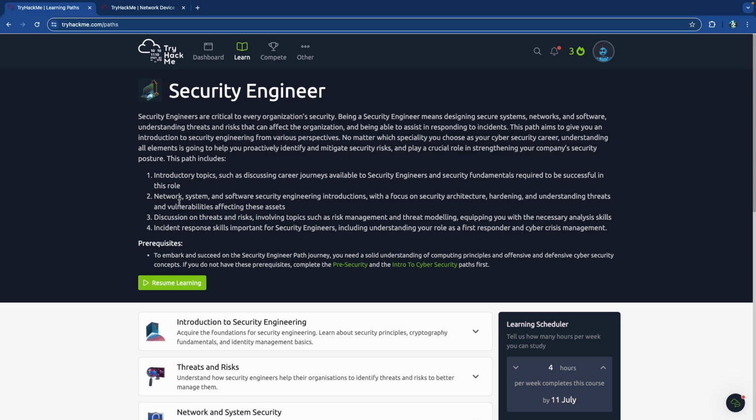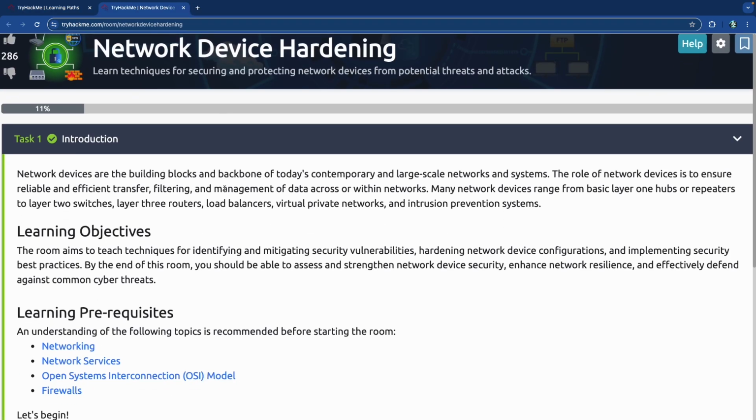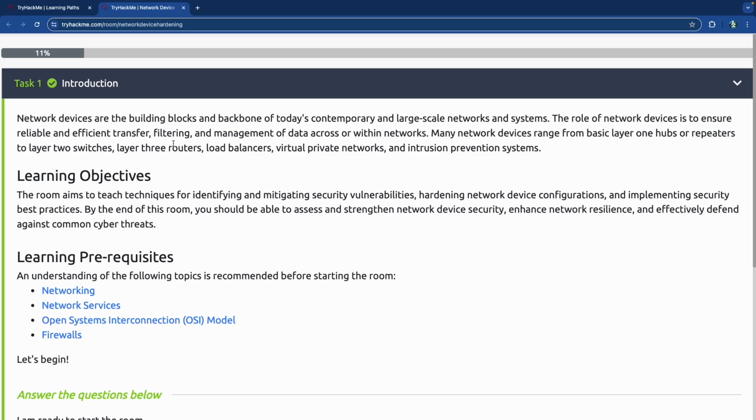So without further ado, let's jump into the introduction of the room. All right, so the intro is as follows. Network devices are the building blocks and backbone of today's contemporary and large-scale networks and systems. The role of network devices is to ensure reliable and efficient transfer, filtering, and management of data across or within networks. Really just a fancy way of saying you need network devices to actually set up a network,